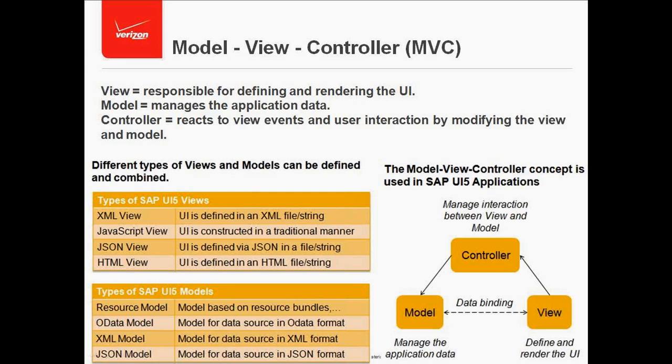Now the biggest question is, models are fine. We can clearly specify when to use the resource model, when to use the OData model, when to use the XML model, and when to use the JSON model. There is a clear-cut idea on that, because if you have 4 options, you need to decide when to use what. In case of models, I can clearly specify: if you have a scenario like this, use the resource model. If you have a scenario like this, use the OData model. If you have a scenario like this, use the XML model. If you have a scenario like this, then use the JSON model. I can specify.